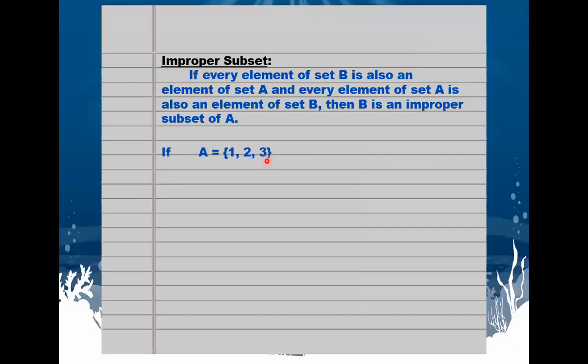Okay. Now write: if A is equal to {1, 2, 3} and B is equal to {3, 1, 2}, inside the curly brackets, and please make proper curly brackets. If A is equal to {1, 2, 3} and B is equal to {3, 1, 2},